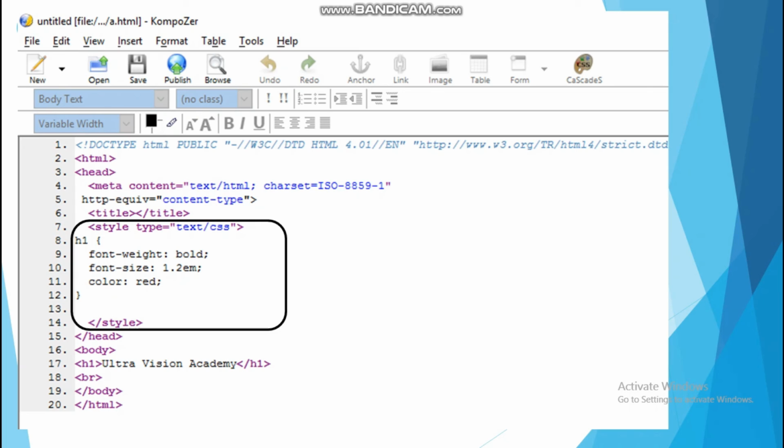So the first one, font-weight colon bold. Bold is the value of font-weight. You can see, to distinguish font-weight and bold, we have given the colon sign. It means to distinguish a property and its value, we have to give the colon sign.